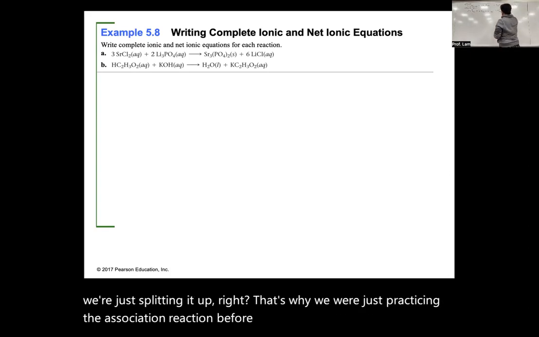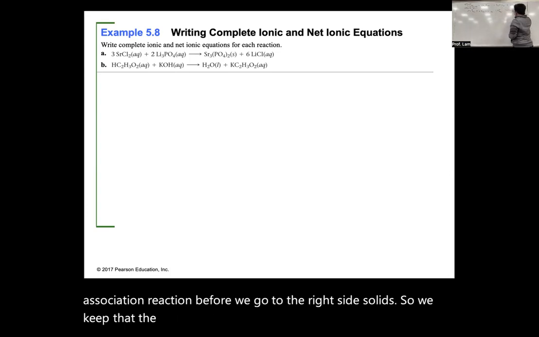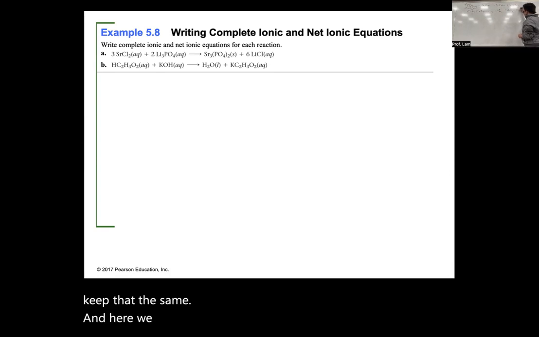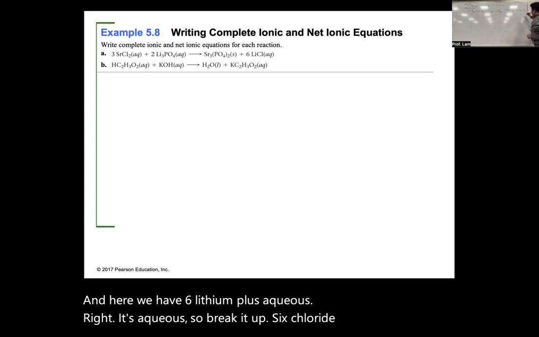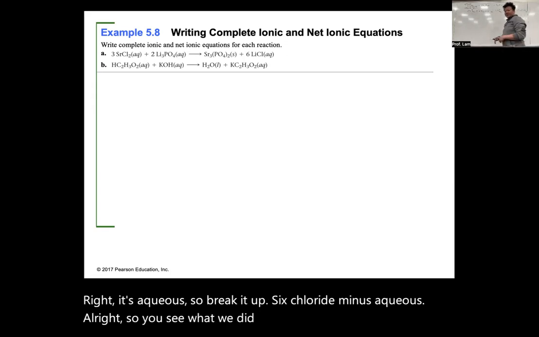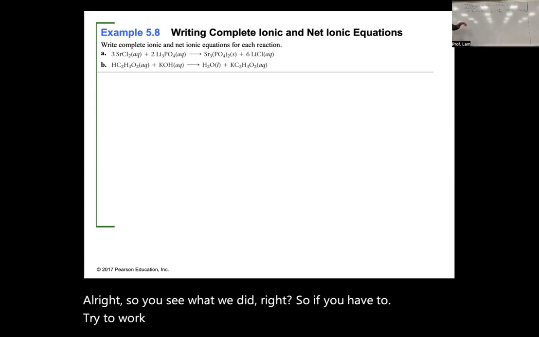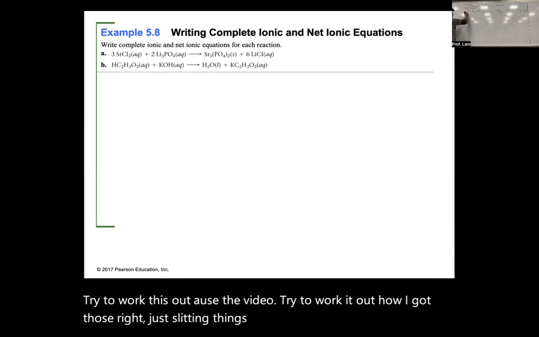We go to the right side, the solid, so we keep that the same. And here we have 6 lithium plus aqueous. This is aqueous, so we break it up: 6 chloride minus aqueous. So you see what we did. If you have to, pause the video and try to work out how I got those, just by splitting things up. Now for the net ionic equation,